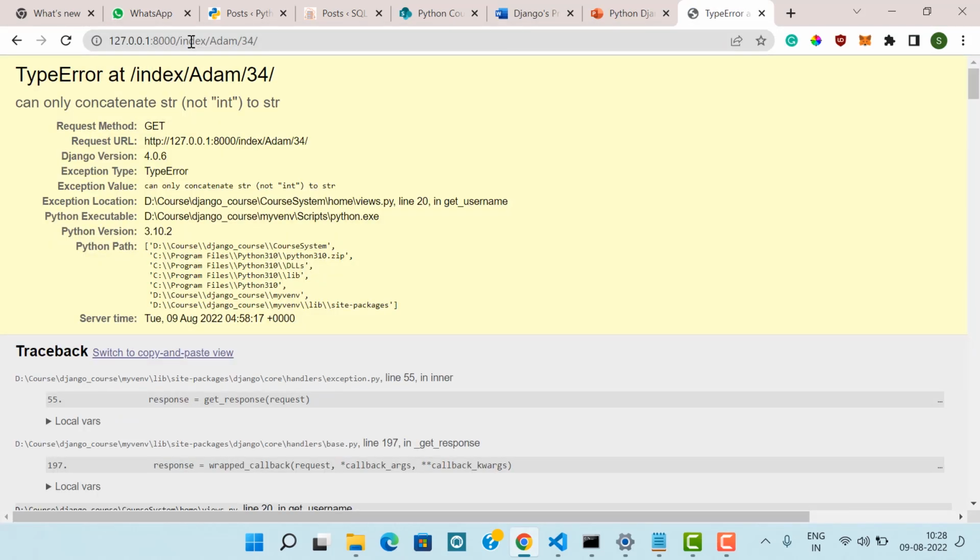Let's hit enter, and here you can see that we got an error. Now this is the standard Django error page. Now what this error page is indicating, so it is first indicating the type of error, or we can say type of exception, which is TypeError, and then it is returning the URL for which this exception has been raised, which is index/adam/34. After this, it is showing up a little information about the exception. So this exception has basically been raised because it cannot concatenate string plus integer. It can only concatenate string with string. And what we have done in our program, we have concatenated name, which is a string type value, with an